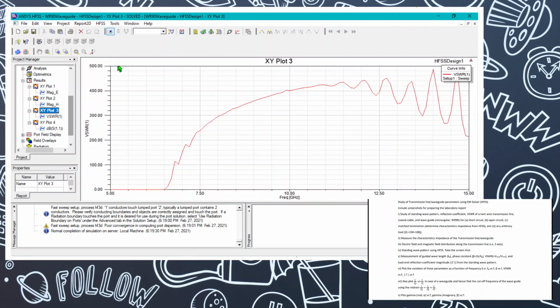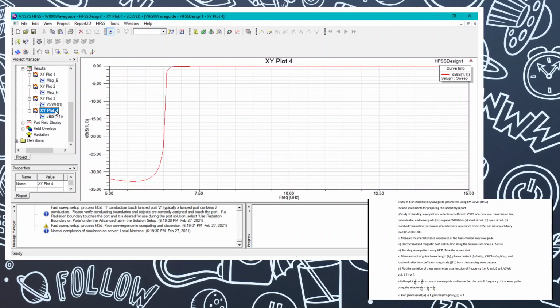This is the VSWR plot, and VSWR is voltage standing wave ratio. Copy these graphs according to your need and paste them in. The S11 parameters are known as the reflection coefficient parameters, and they show how much of the wave is being reflected at different frequencies. As I have shown in the short circuit and open cases, similarly you can also change the impedance of the two accordingly, and find the different distributions at different impedances, the characteristic impedance and arbitrary load also.